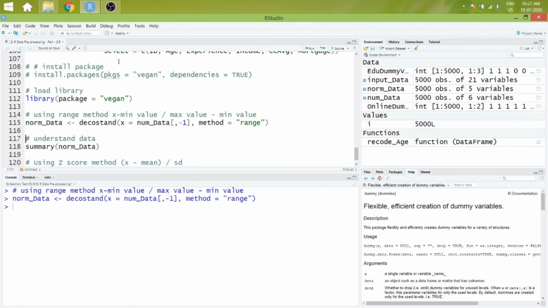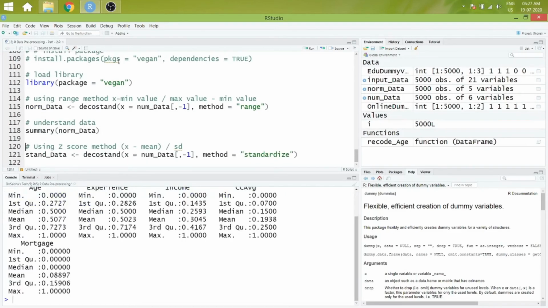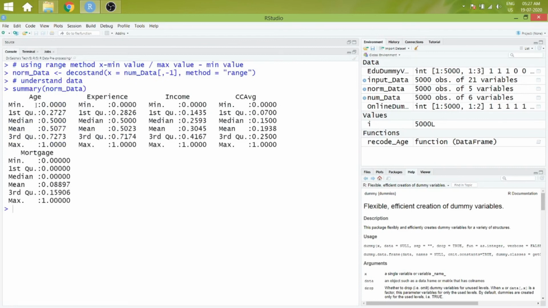The same can be observed from the console. Here we have converted age, experience, income, CC average and mortgage to the values between 0 to 1. This is how a normalized data is represented.